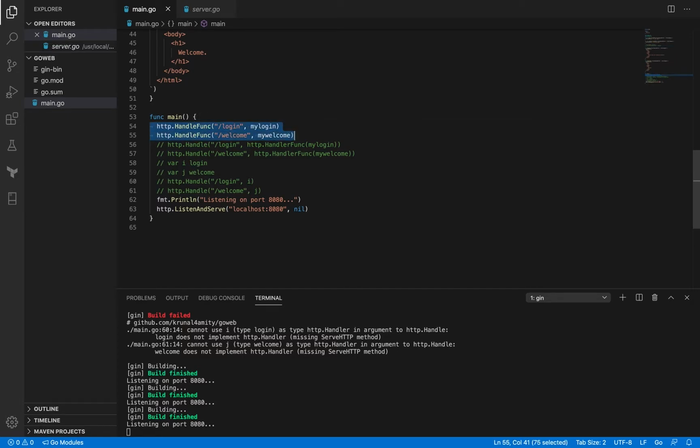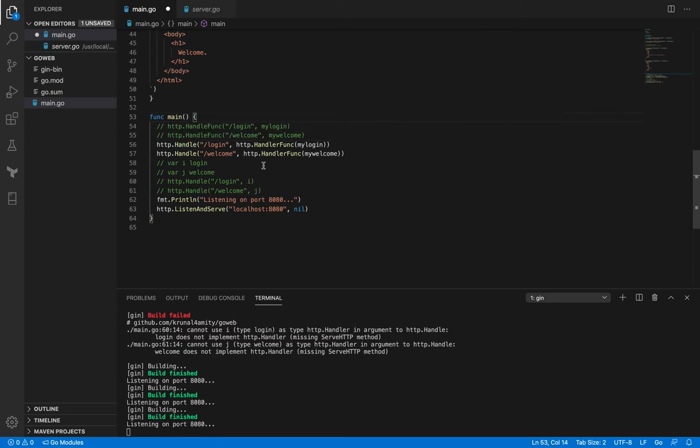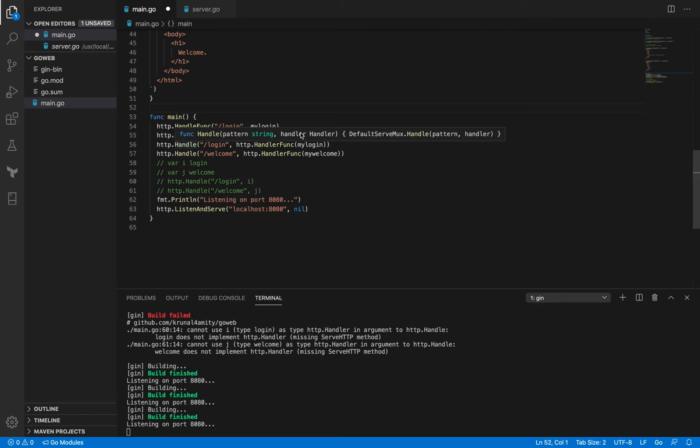But there's a different way of actually implementing the same thing, and that is by using the HTTP Handle method. So HTTP Handle, if you see, accepts a pattern and a handler. It doesn't accept a function, it accepts a handler. And let me just go back here and show you. If I hover over this one, it accepts a handler as well, but that handler is actually of type function, whereas here this one accepts a handler which is of type Handler,